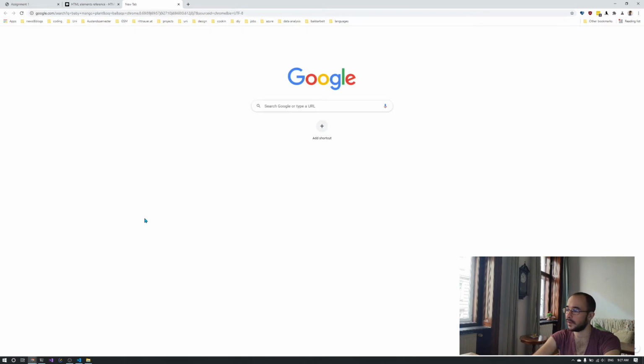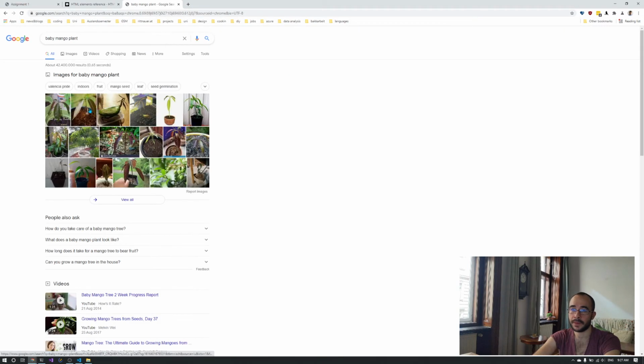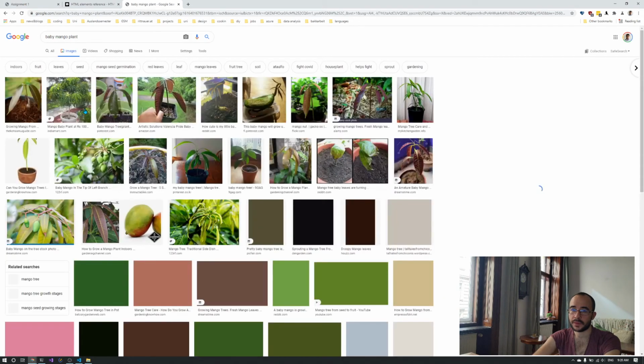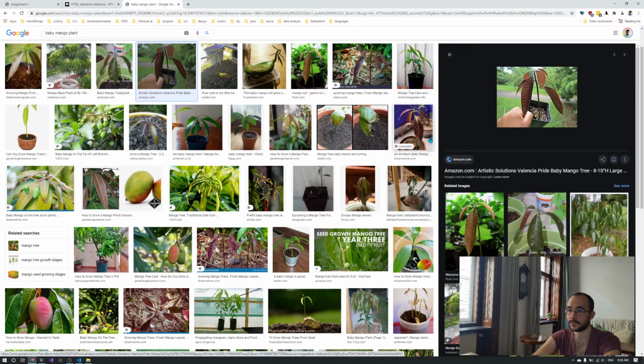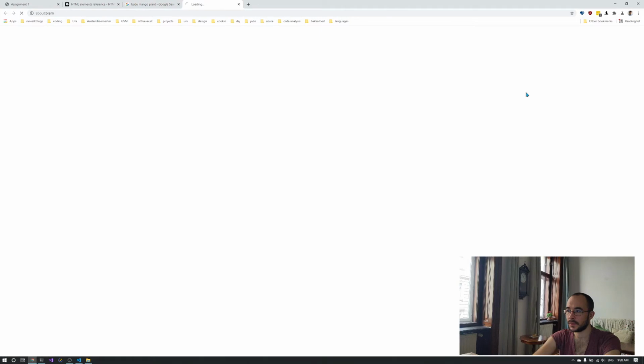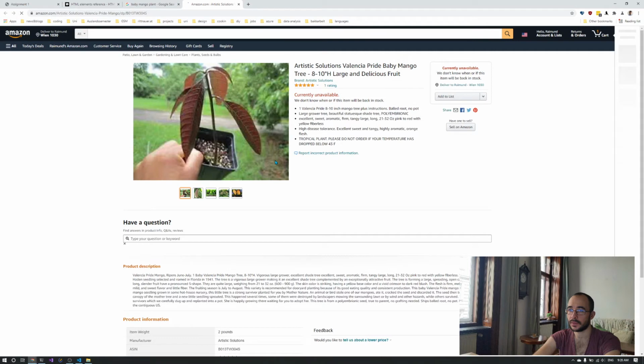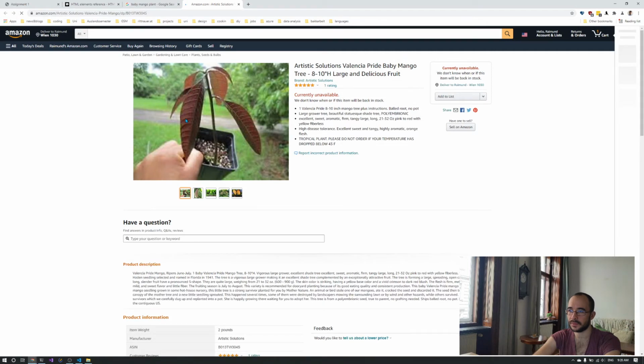Let's get a nice baby mango plant. Oh my gosh, it's really slow today. We should visit this Amazon page selling baby mangoes. Okay, so